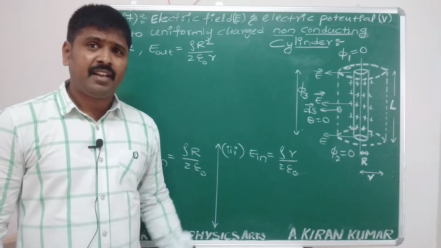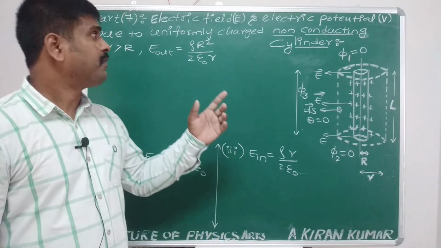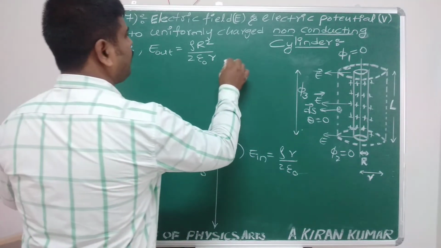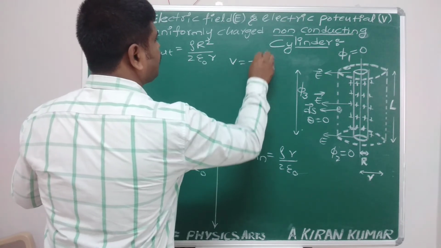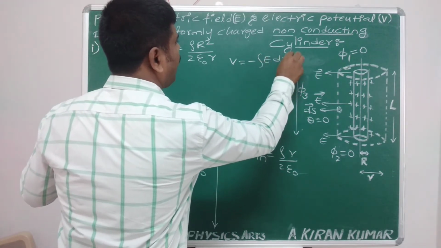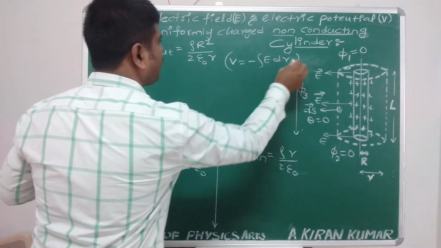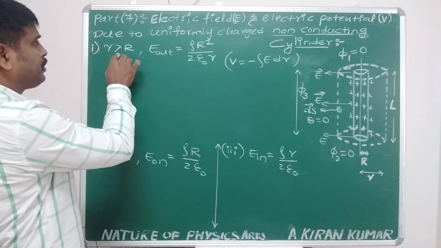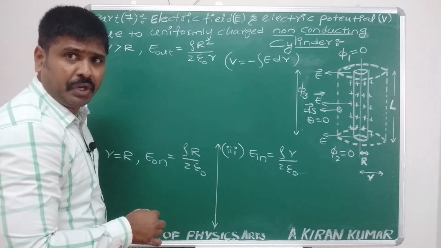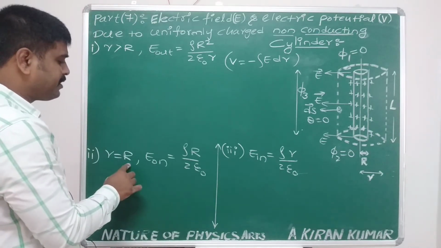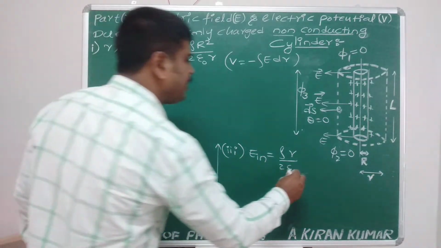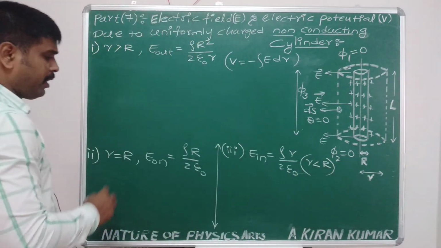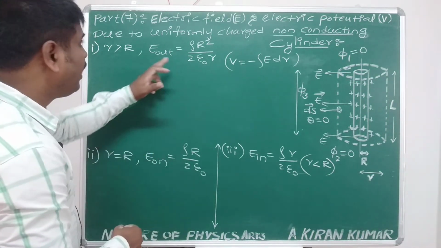Continuing, next I am going to find the electric potential of the non-conducting cylinder with the help of the E-V-D relation. The relation is V equal to minus closed integral E dr. This is the basic formula in which I replace the electric field intensity. The first condition is r greater than capital R, that is outside the cylinder. Then the potential on the surface, where small r is equal to capital R, and inside, where small r is less than capital R. Three conditions are given, and step by step we can find them based on the E-V-D relation.